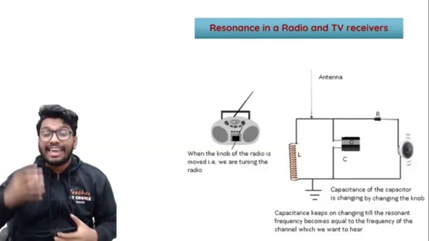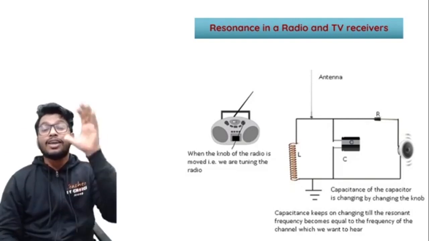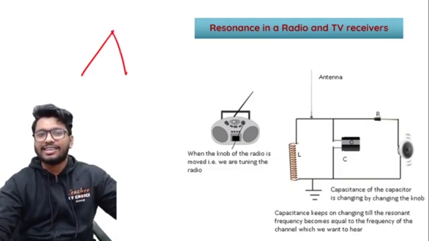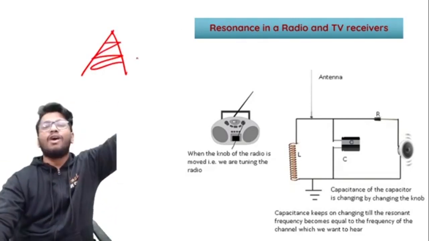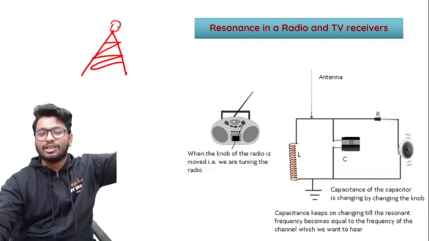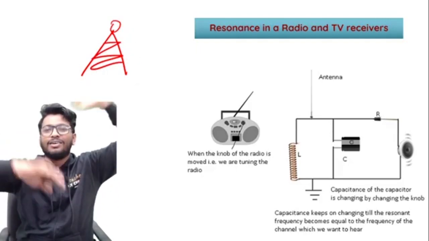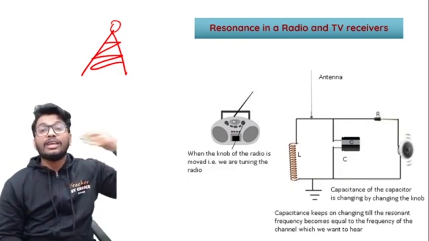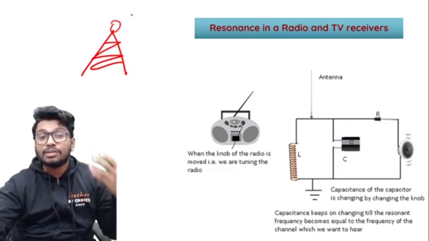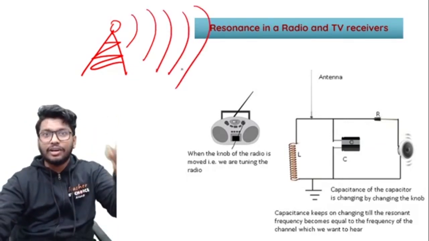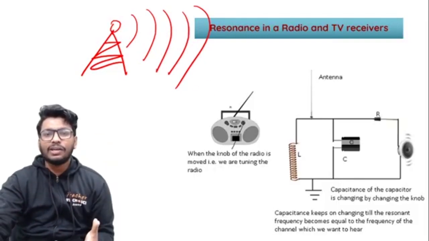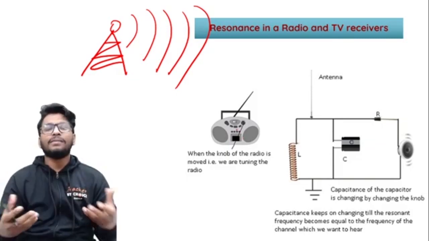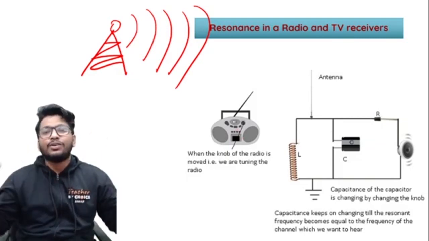In the case of radios and TV also, you are able to see resonance. I don't know if you know this. The radio signals are transmitted from some corner, right? Imagine there's some radio station in some corner of Bangalore or whatever city you're in. It's not right next to your house. It's far away, but you can still hear it. Why? Because they are transmitting radio signals with their own frequency, and when that frequency matches the frequency of the radio device, it starts to resonate and you are able to hear the sound.